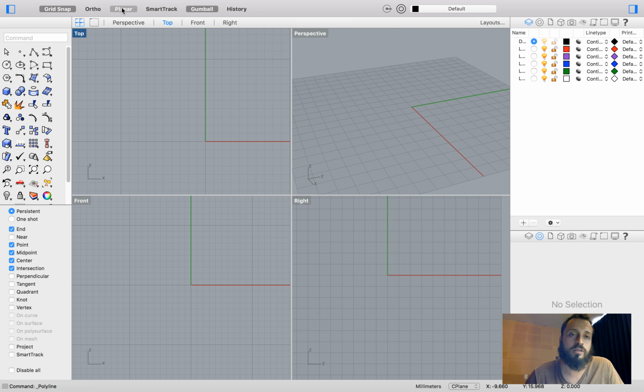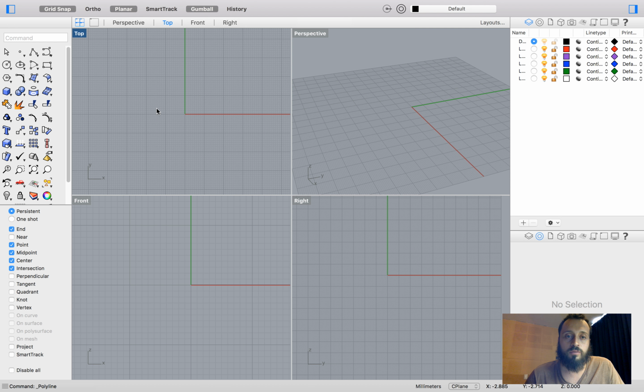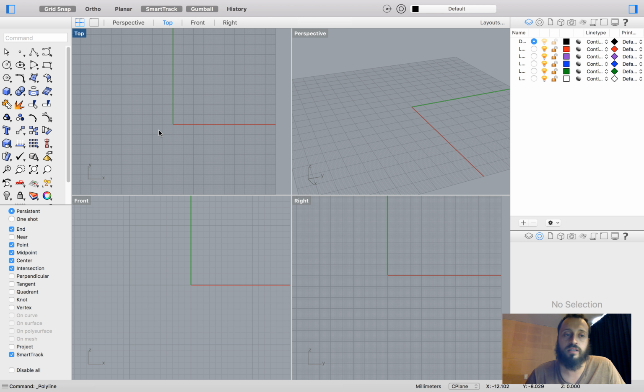Planar, we won't look at it right now, but what it does is that all objects are going to stay planar to one construction plane. Smart track is very useful when I'm trying to find an intersection of two different objects, or intersection within an